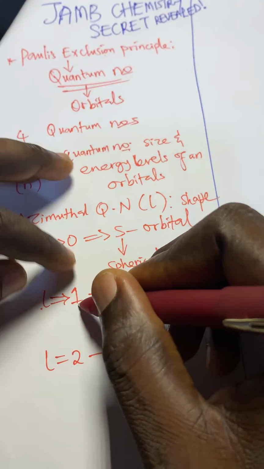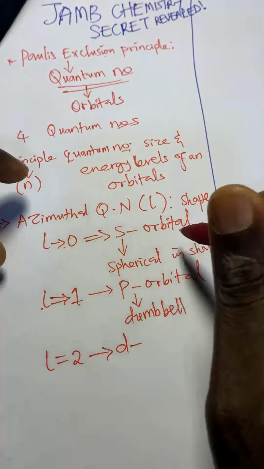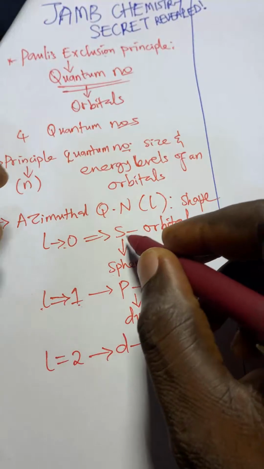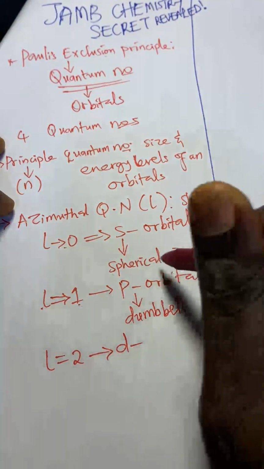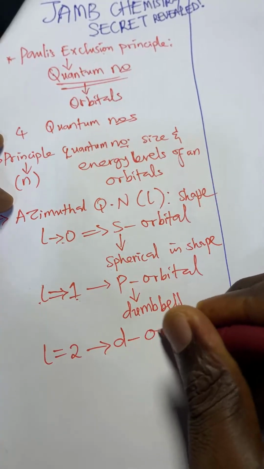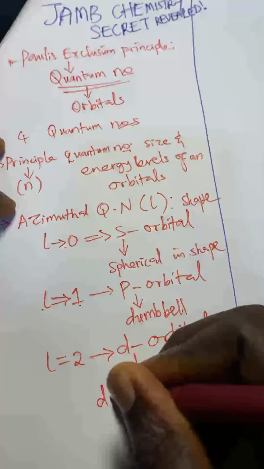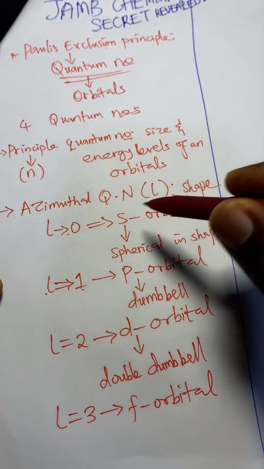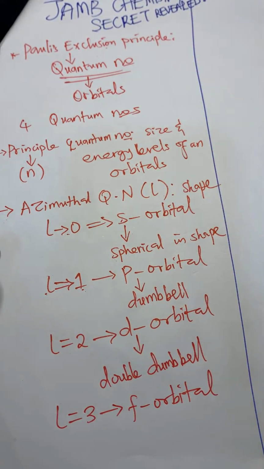It's the S orbital that it represents, and they have their definite geometries. Like the geometric shape of S is what? Spherical in shape, as P is dumbbell. Then D orbital, double dumbbell. And you know, for F orbital, okay, S block element of the periodic table, you know that